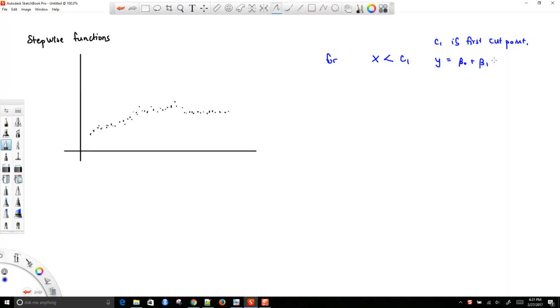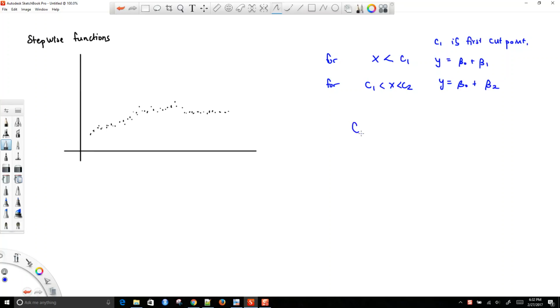And then for x between C1 and C2, y is equal to beta 0 plus beta 2. So we're basically saying